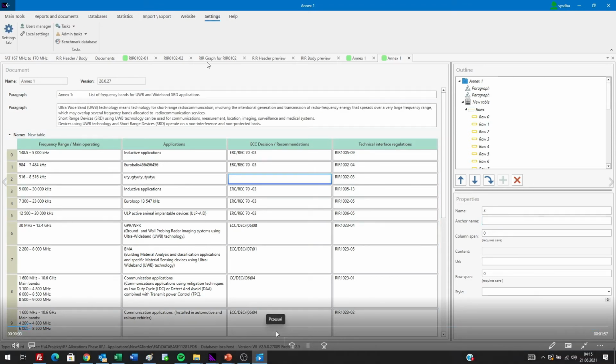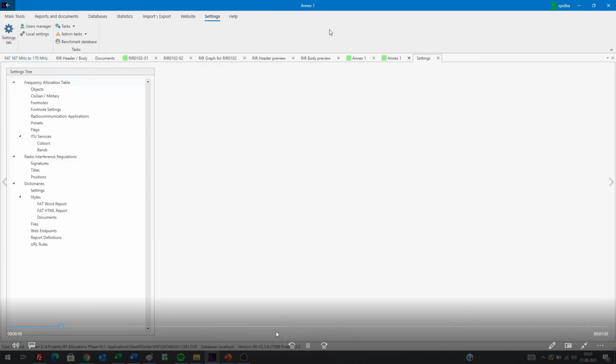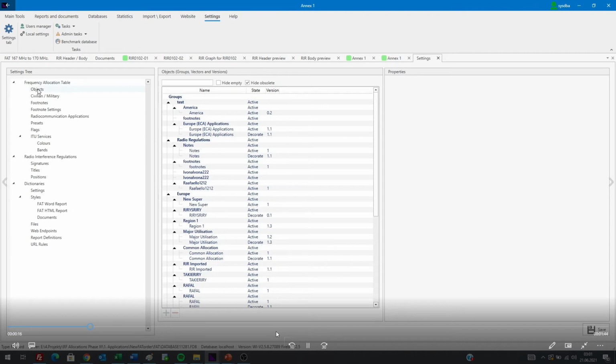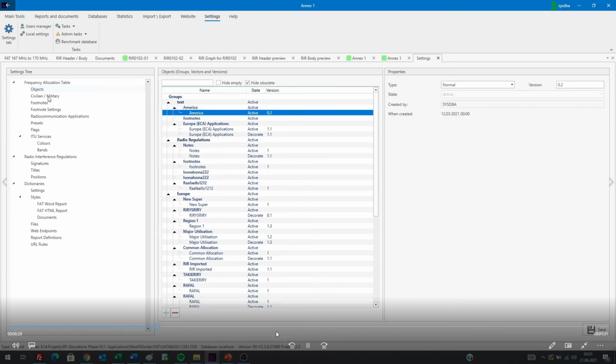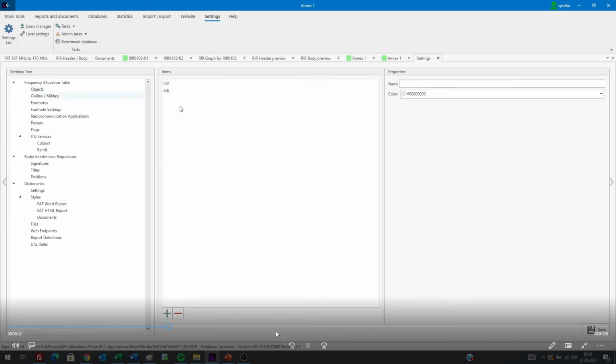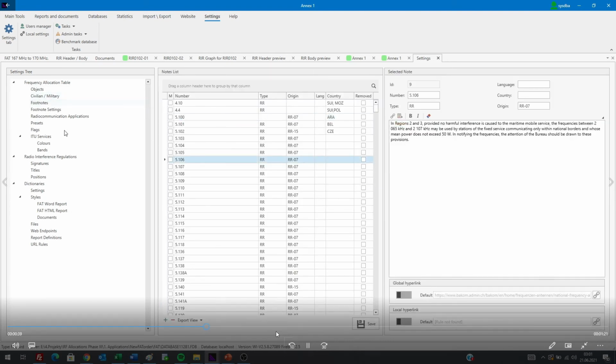Now it's worth showing the settings window. It's opened as a new tab. We can change, add, and delete objects inside frequency allocation table. We can add groups, we can add version of vectors, we can change the type of entry, civilian and military, we can use footnotes, we can import footnotes, we can add manually a new item, we can delete items,